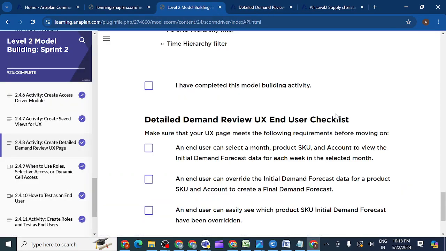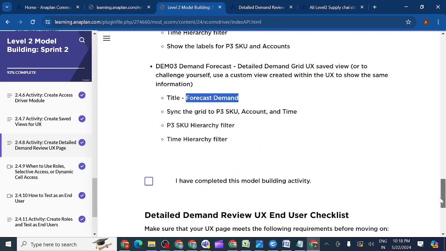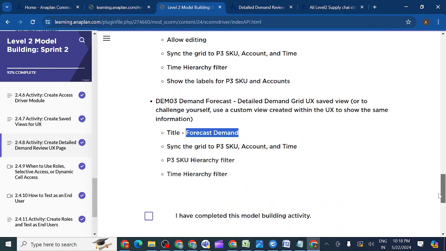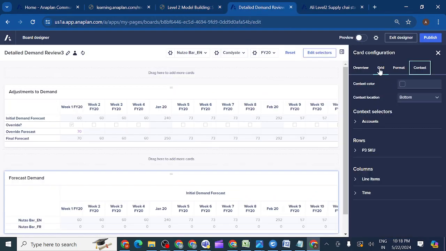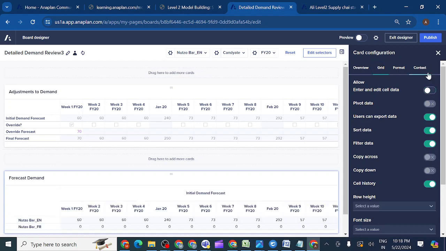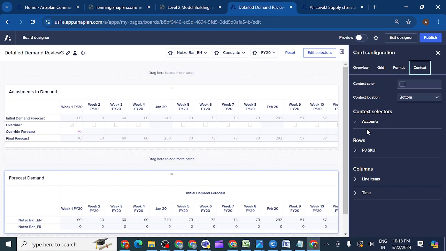Are they giving any suggestion to edit cells or not? So allow editing, they are not giving anything for edit or something. So you can even turn off this one if you don't want to do anything. So like you can see here, they want to